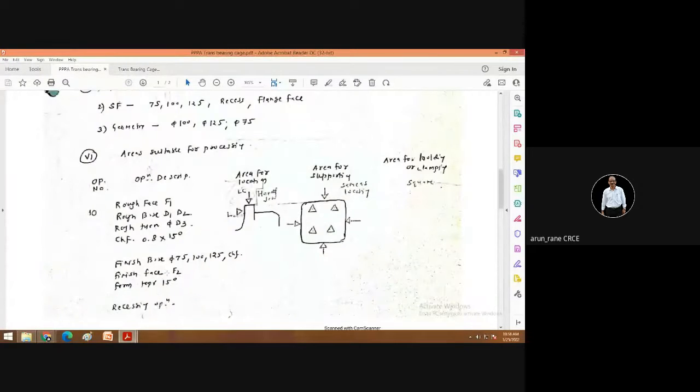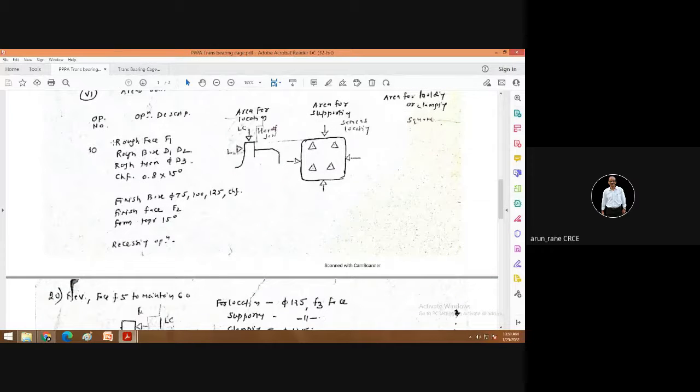Okay, then finish bore diameter 75, finish face, form taper, and recessing operations. So all these operations are done in operation number 10. This is also called the setup one. So how are we doing it here? We are holding this. See, you can see this is a hard jaw.